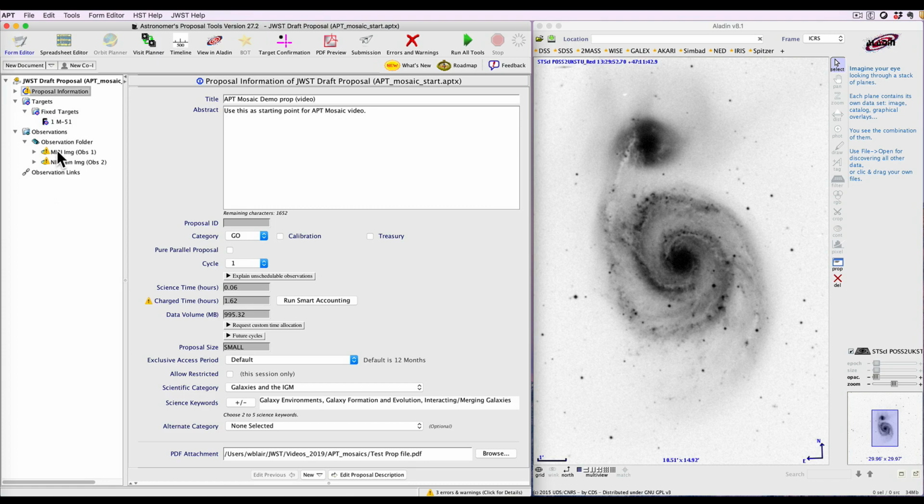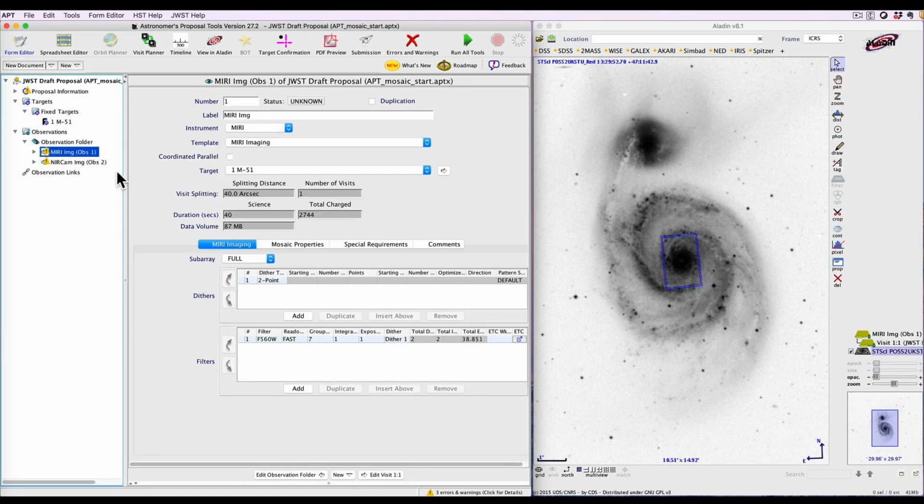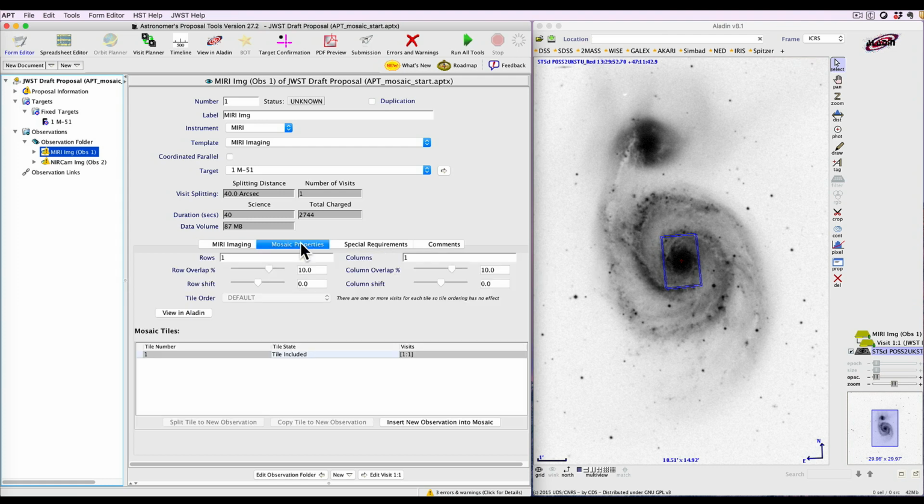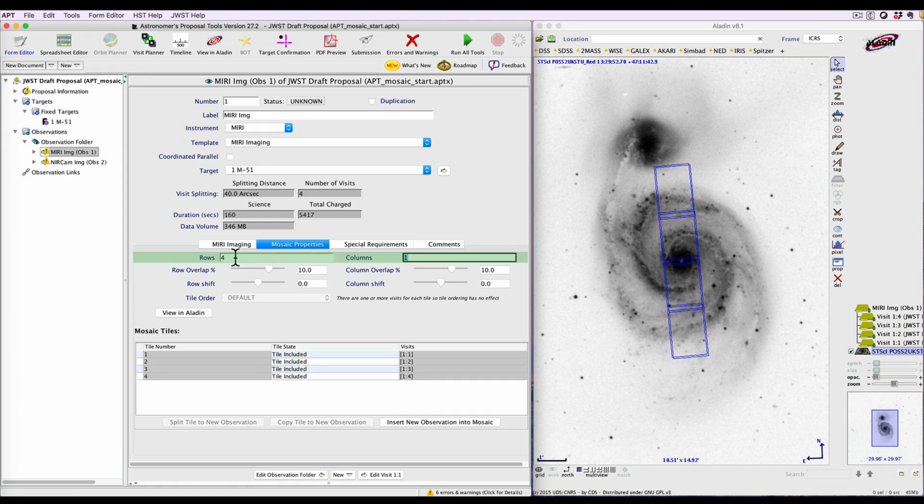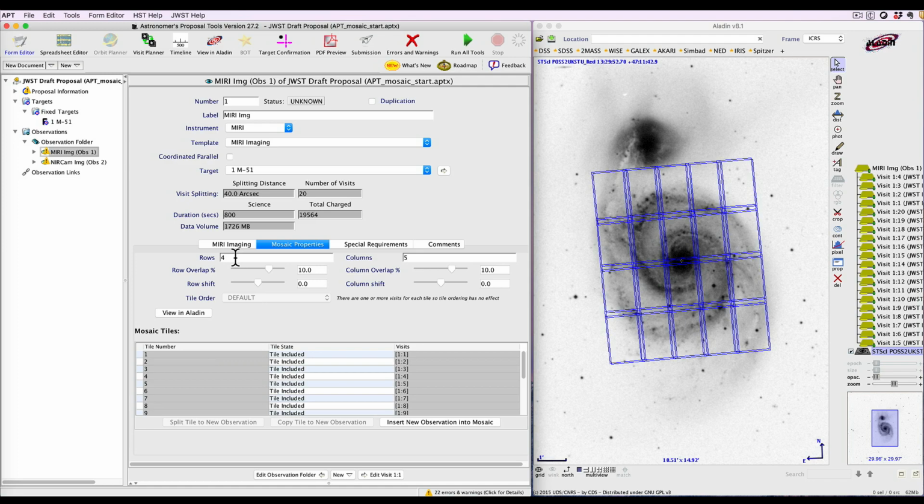First of all, let's open up the MIRI imaging observation, and we can see it's a simple one filter observation with two dither points, and that single MIRI field of view is shown in the Aladin display. If we want to mosaic, let's say, the inner part of the galaxy here, we can go to the Mosaic Properties tab and we can estimate how many rows and columns we might need. Let's assume 4 and 5, and we can see there that that covers the inner part of the galaxy fairly